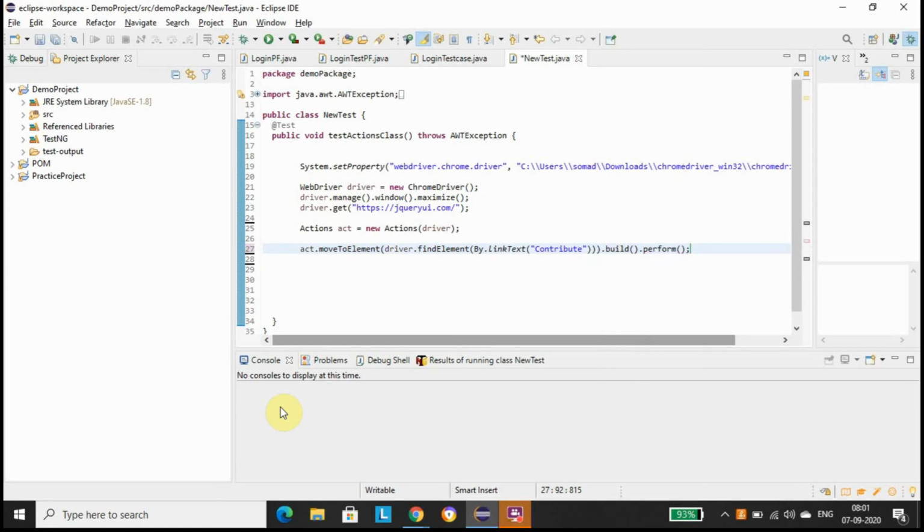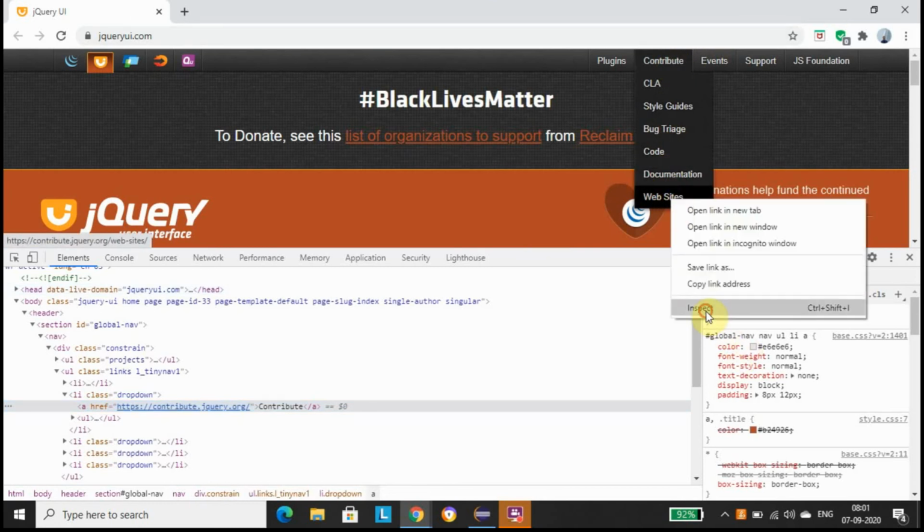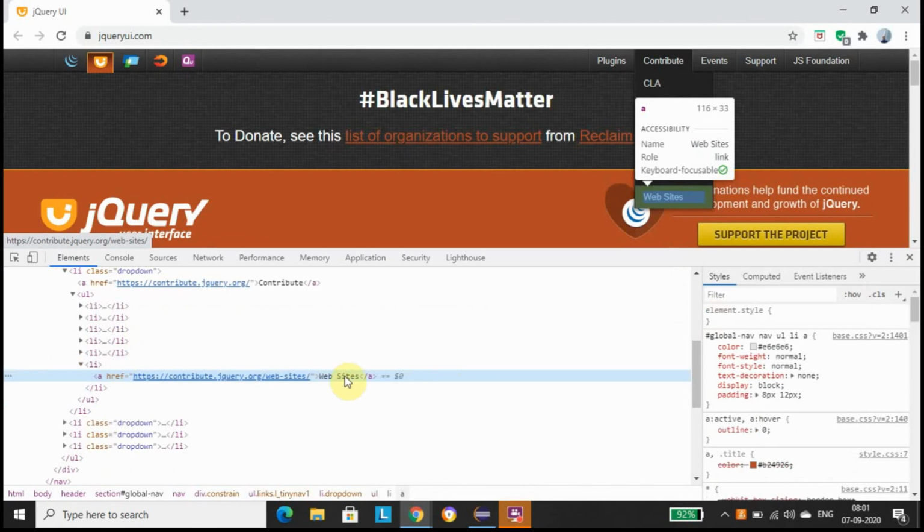Now our code will mouse over on the particular web element, the menu Contribute. Now if I want to click on any submenu under Contribute, I can do it straight away. Let me inspect this Website one. Again, as you can see, this is also a link and we have the link text.